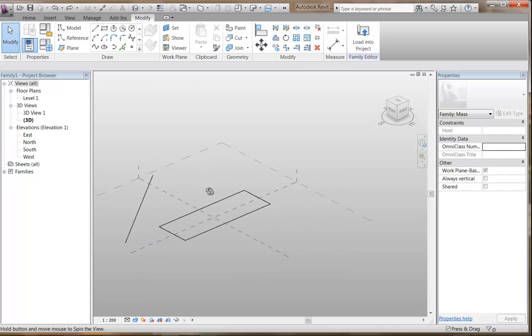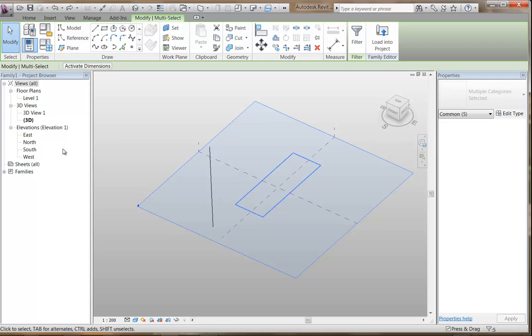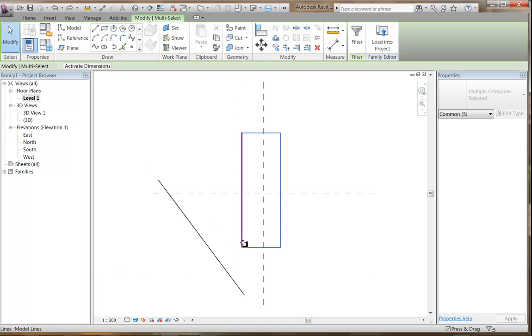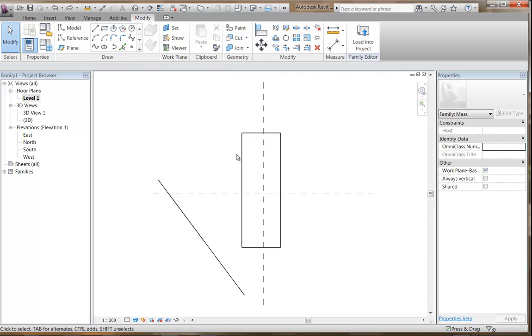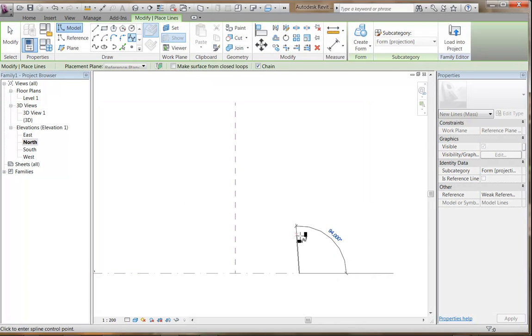So, what if I have a couple of shapes? So I'm just going to make a few more. And now actually, sorry, before I do that, I'm just going to do it in a different view. So I'm going to go to a side view. Yeah, north will do. And I'm going to make a spline instead, just because splines tend to work better when